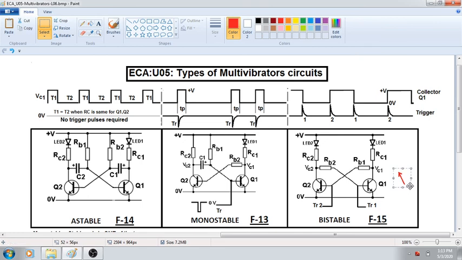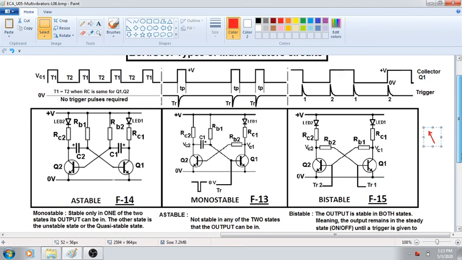Now in the coming classes we are going to discuss multivibrator circuits in depth, and the same concepts about capacitor charging, discharging, transistor working like a switch, all these things will come in the second part of the fifth unit also. So please pay attention, please focus on your study of these concepts, and then we will move to the next stage.